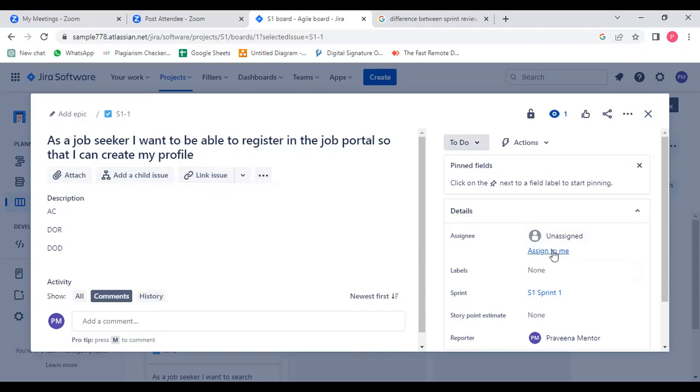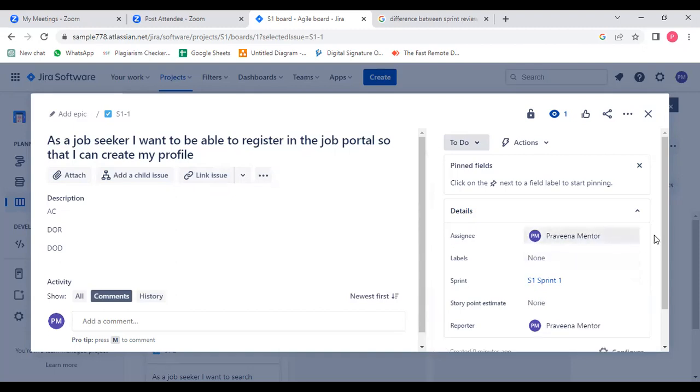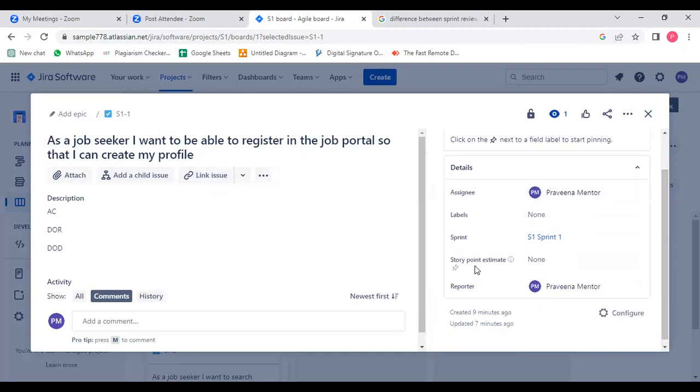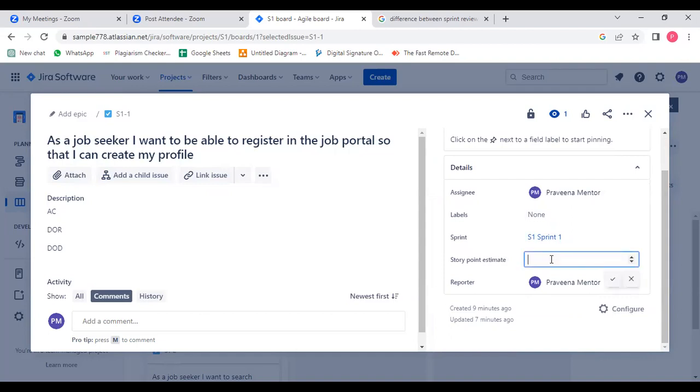Okay. So here only I am there, right? So what I'll do, I'll click on assign to me. So it will show like this. And here story point estimate. So the story points is nothing but the complexity points. Okay. Complexity points are given by the development team based on